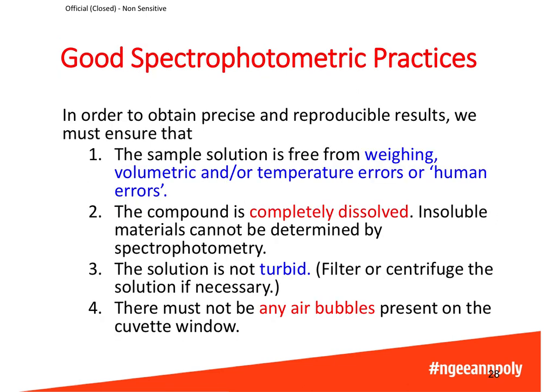So in order to obtain good, precise, and reproducible results, we must ensure a few things. Firstly, the sample solution must be properly prepared, meaning no weighing errors or volumetric errors or temperature errors or any other human errors when preparing the sample. The compound must also be completely dissolved because insoluble materials cannot be determined by spectrophotometry. The solution has to be clear and not turbid. So if there are any solid particles that are still present in the solution, then it has to be filtered